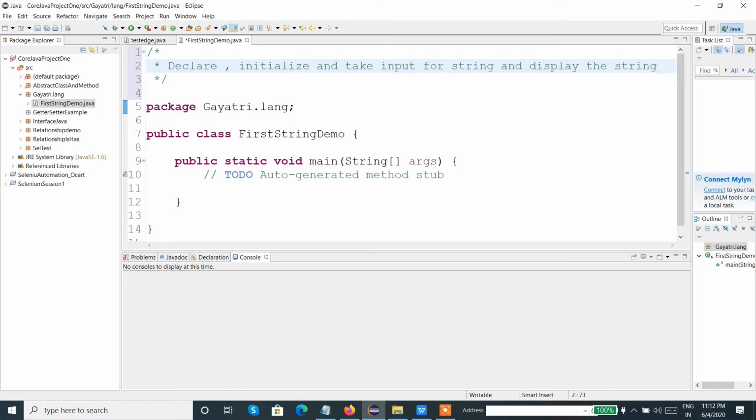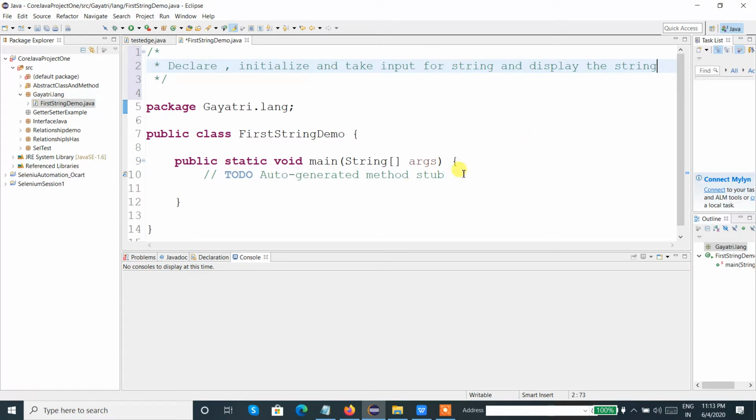Before starting the code, let me tell you a few more points about String. String is immutable. Why is String immutable? I'll explain again later when we work with the concatenation operator, and then the reason will be very clear for you.